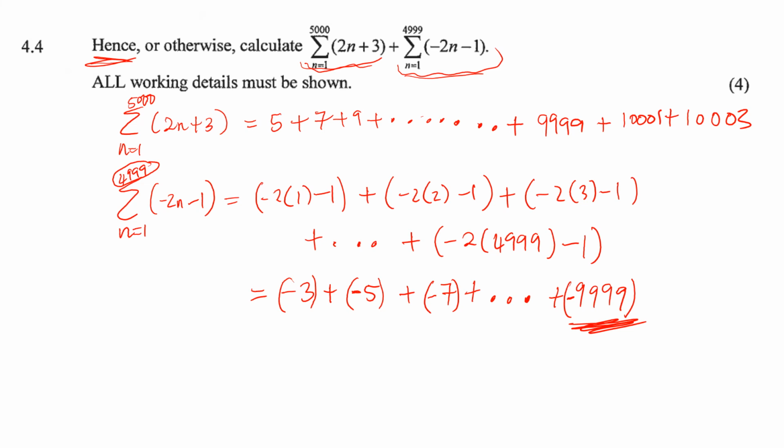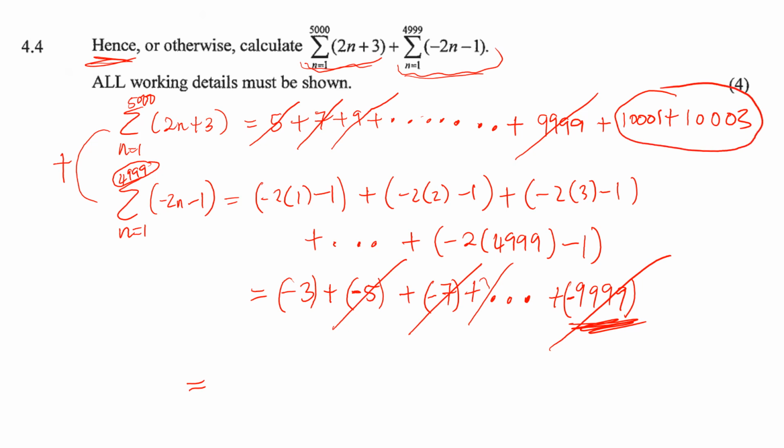Can you now see that we have something similar between the two things that we are adding, right? But the only difference is that the other one is negative, the other one is positive. So when we take this one and add it with this one, 5 will cancel out with minus 5, 7 will cancel out with minus 7, obviously 9 will cancel out with the following 9 there, right? Then 9999 will cancel out with the other 9999. Then our answer will be remaining with 10,001 plus 10,003